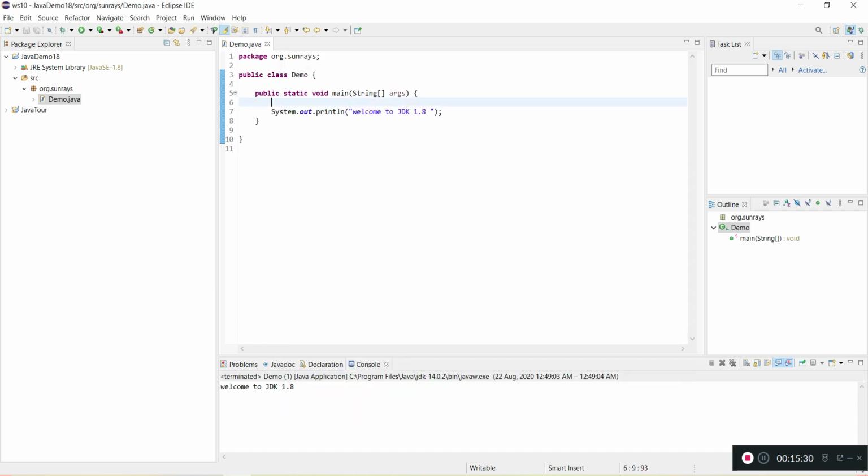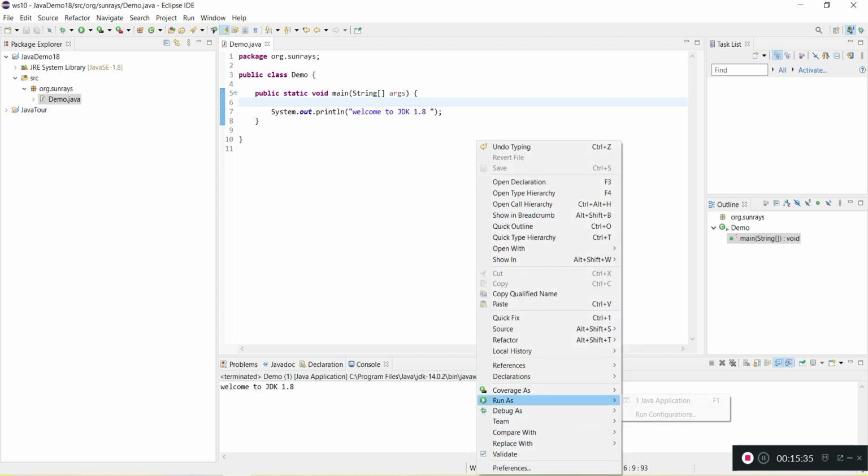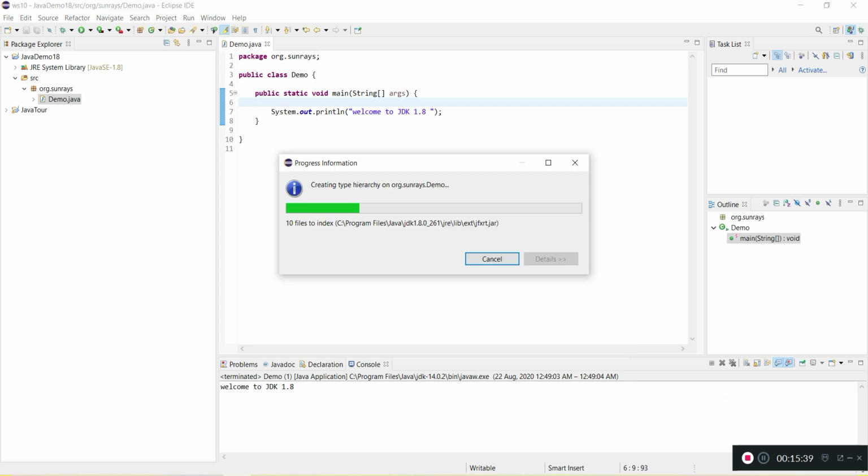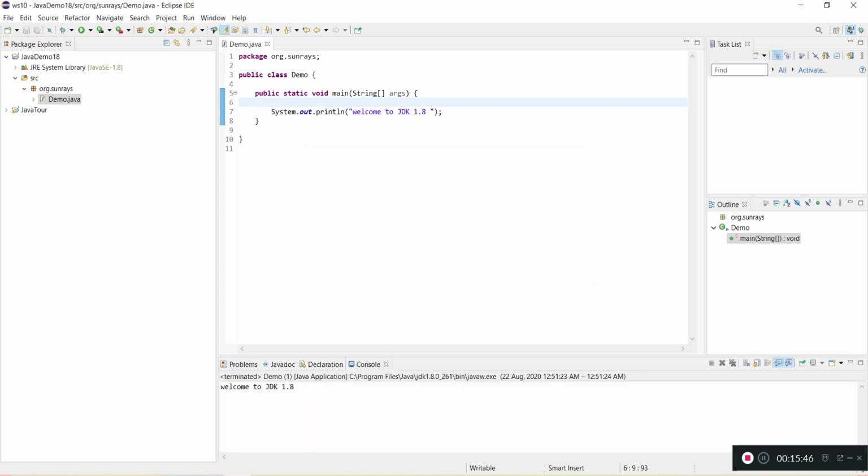Now I am running application again. Here you can see, yeah, now it is changed, the compile environment and execution. C Program Files Java JDK 1.8 has been selected. So internally Java 1.8 is getting executed from Eclipse as well.